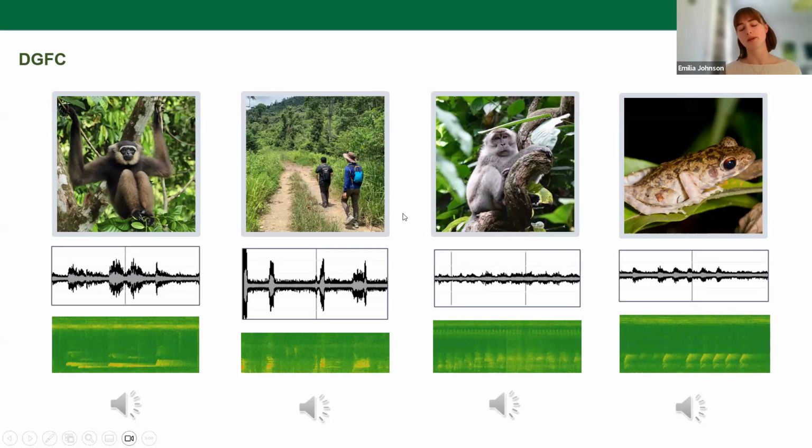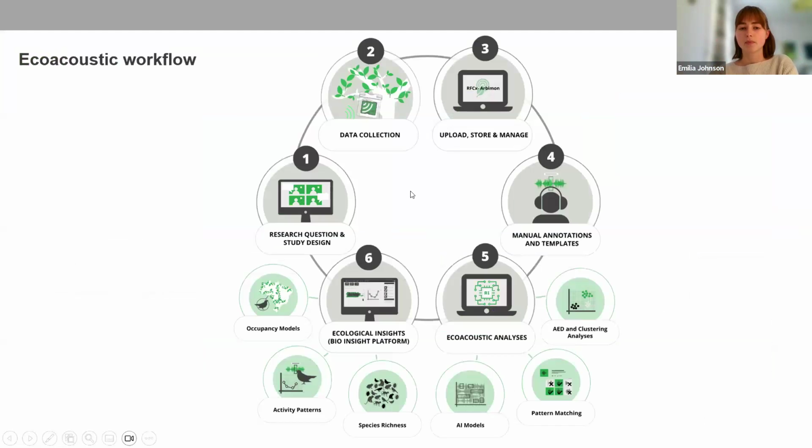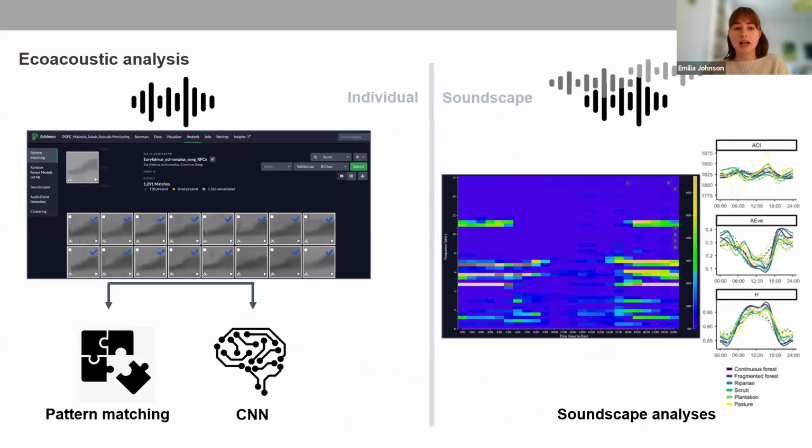But these are some examples of what we're collecting from DGFC for infectious disease, and I'll now go on to a case study to exemplify that. This is all Marconi's pipeline of analysis. I'm sure you know this better than we do, but I will flick through the slides. If you want the slides or to get in touch with me or Marconi, please do. This is the workflow for how the data is being analyzed.